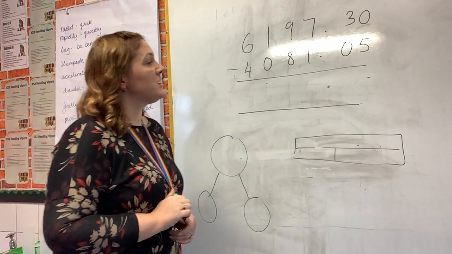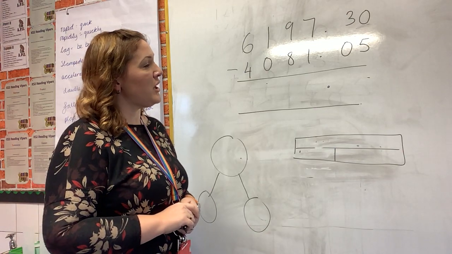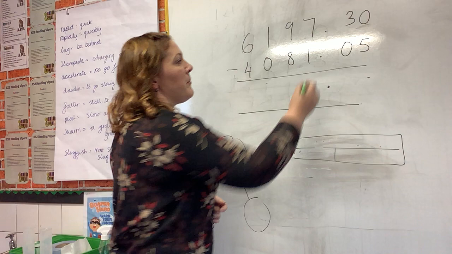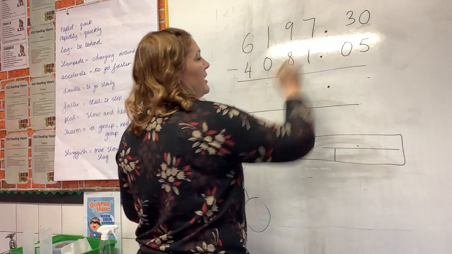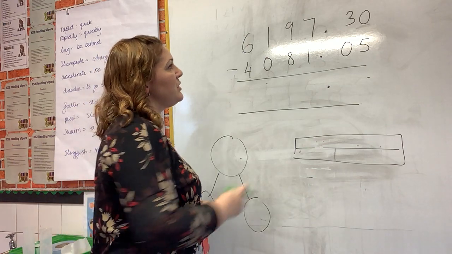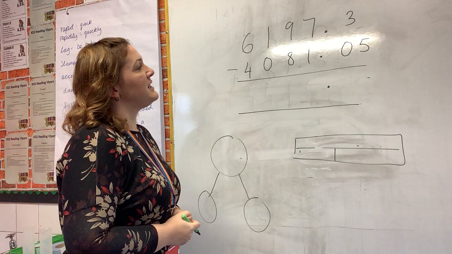So in this lesson we are going to be looking at column subtraction. It's a decimal column subtraction, so I have already dropped down my decimal because I need to remember to do that to make my answer correct. So I am going to start here. My sum would look like this normally, so